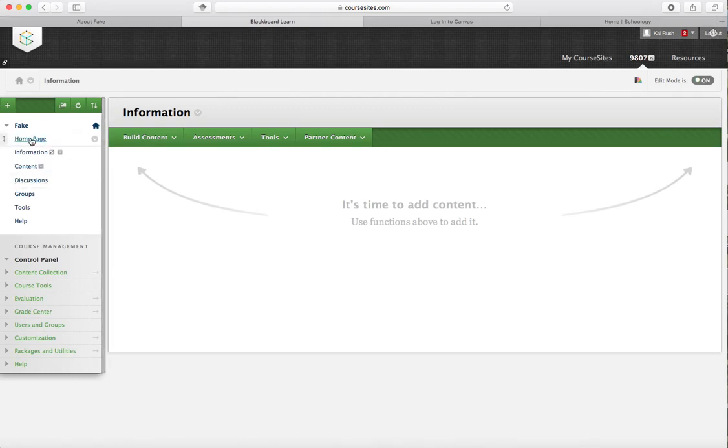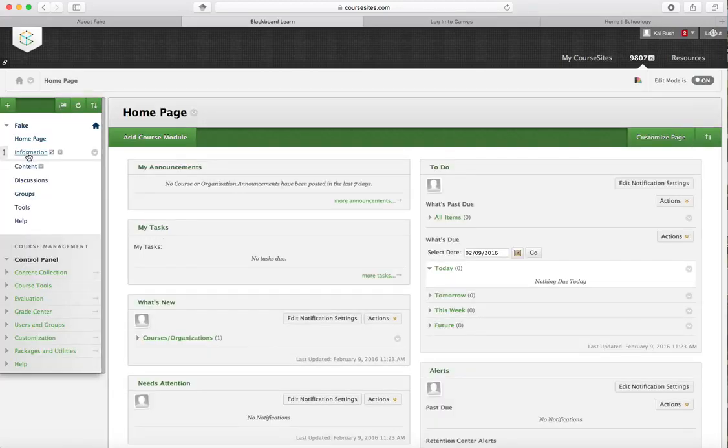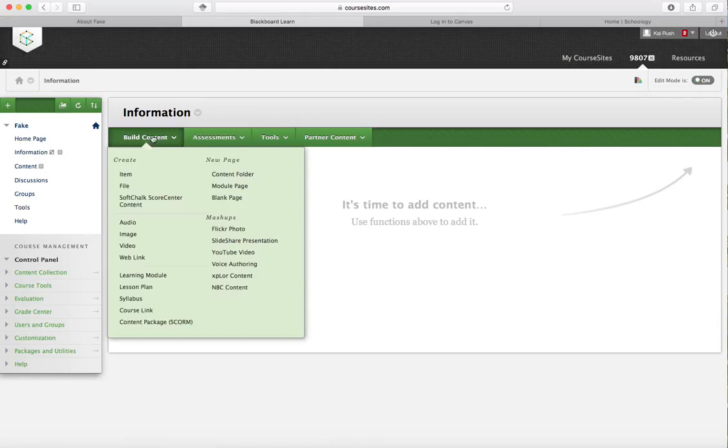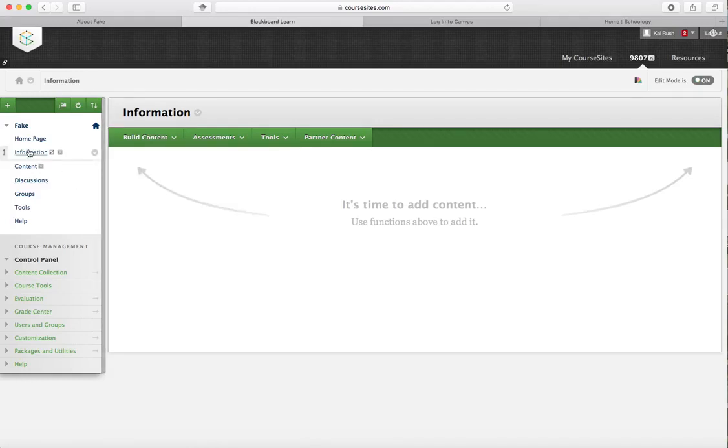And you can see here, once you make it, this is what it looks like. And I'm using it from the fake perspective for you to see. I actually have one for NIU that I use. And some other school districts actually use Blackboard. But as you can see here, you can put your information in here. You can put an item, file, audio, lesson plan, anything that you could dream of right here in the information